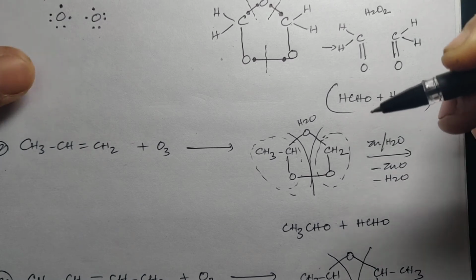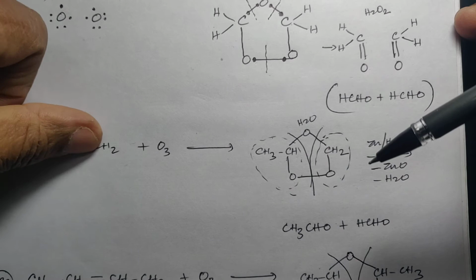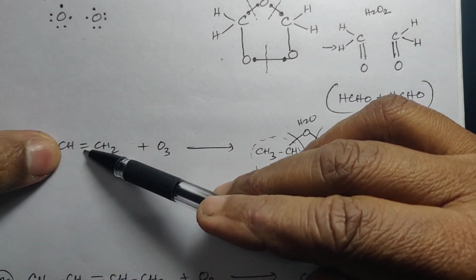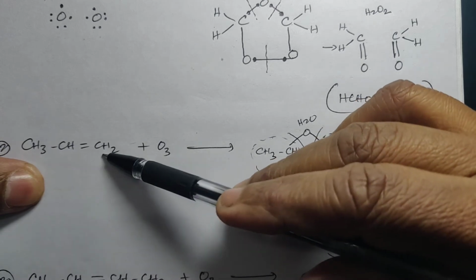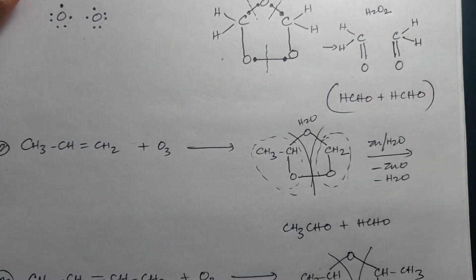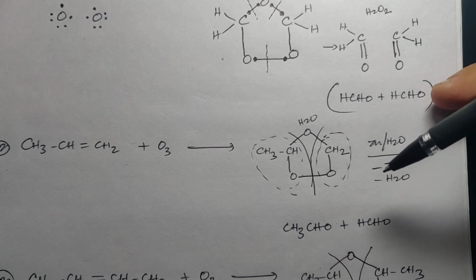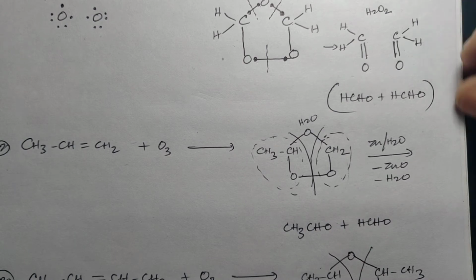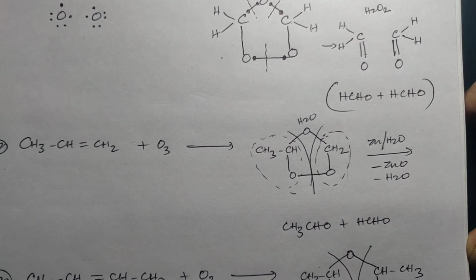Okay, so what you have to do, whatever alkene is given, you have to add the 3 oxygen atoms between these 2 carbons in the form of a pentagon, and then it's very easy to find out what the product is. Right? Now